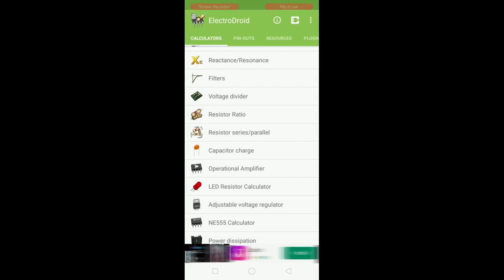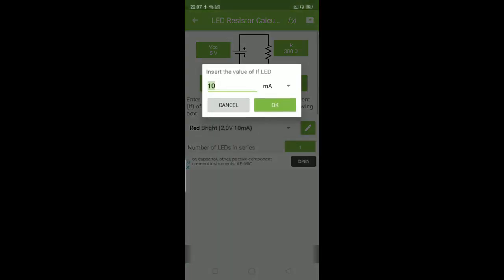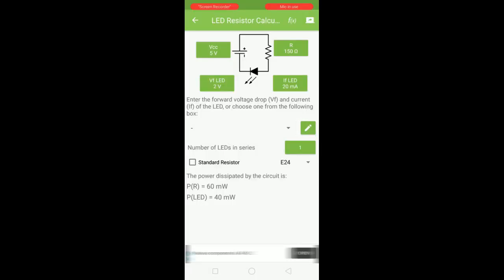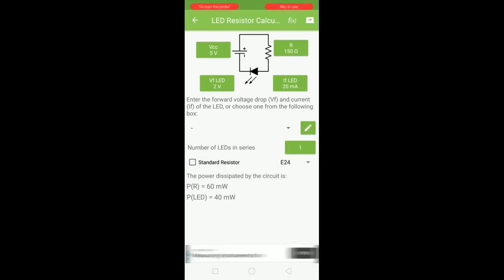And we have another option to calculate the LED resistance. See, LED is connected like this, 5 volts supply you have and 10 milliamperes. The maximum current that LED can accept is 10 milliamperes. Then automatically we need 300 ohms. Suppose if I change the maximum capacity from 10 milliamperes to 20 milliamperes, then we need to use here at least 150 ohms resistance. So like that, by changing the specifications of the LED, then you can get the required resistance here based on the input voltage.